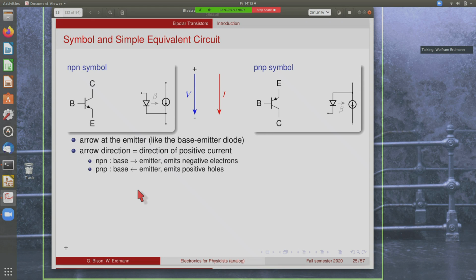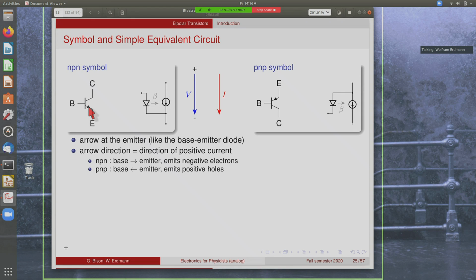We look at the symbols first. So this is the symbol of an NPN transistor. We have the collector and the base and the emitter. And the emitter in the symbol is always marked by this arrow. So the letters are usually not found in circuit diagrams, so you have to see where the little arrow is,